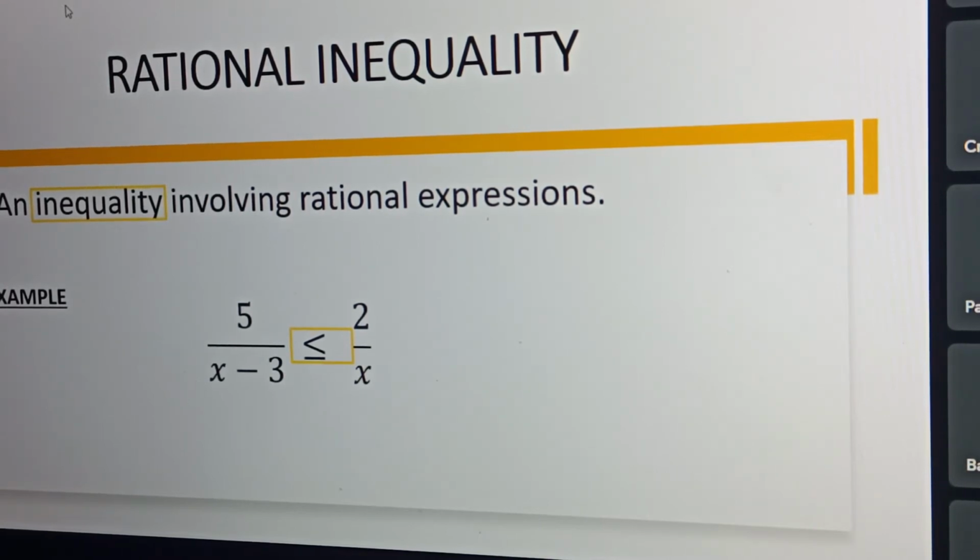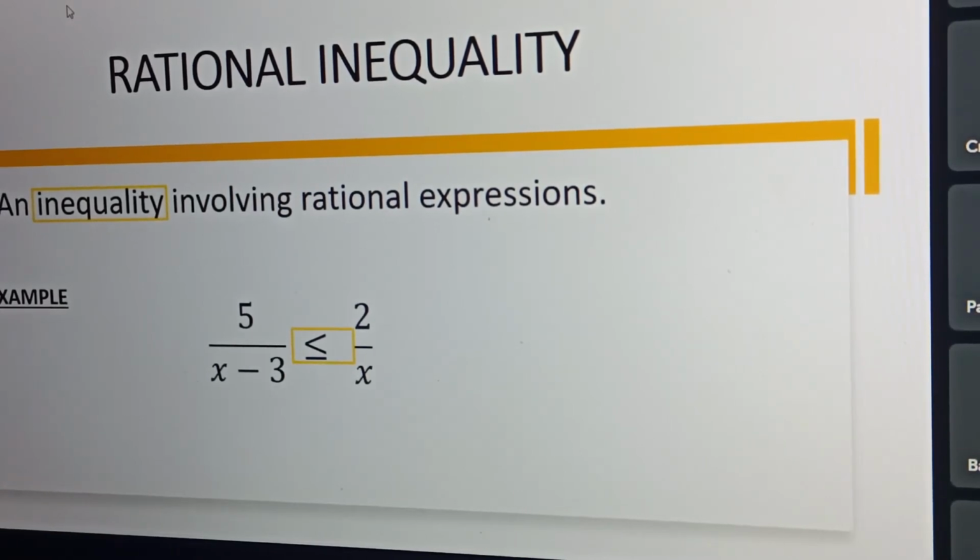Aside kay less than or equals to and kay greater than, yun lang bang dalawang pwedeng gamitin na symbol? Less than po. Okay, that's correct. Less than. Ano pa? Greater than or equal to. Okay, that's correct. Greater than or equals to and